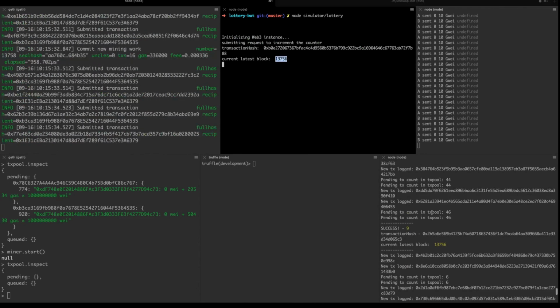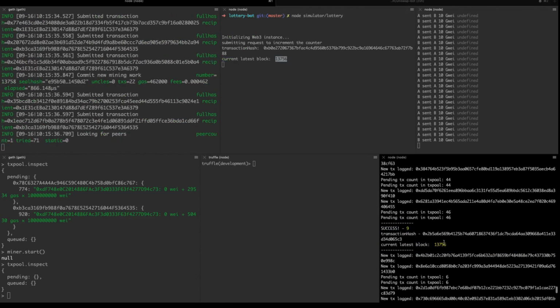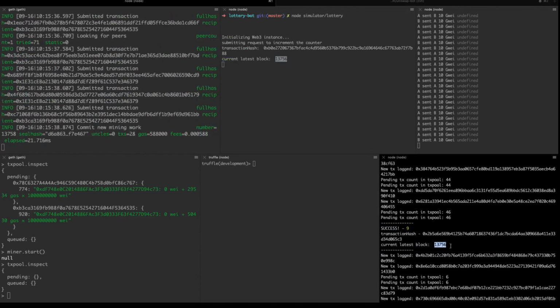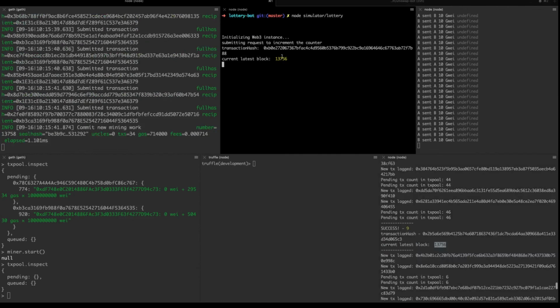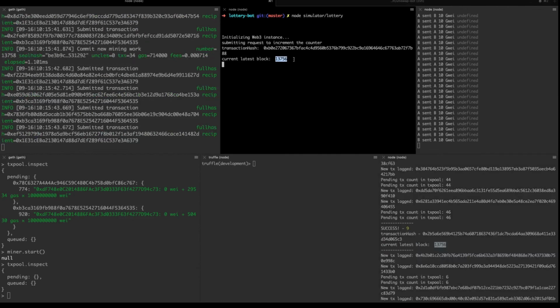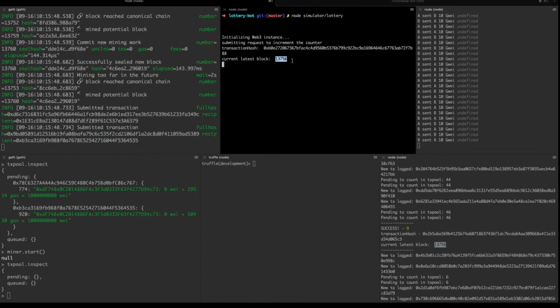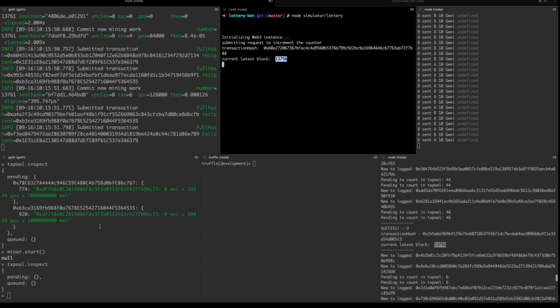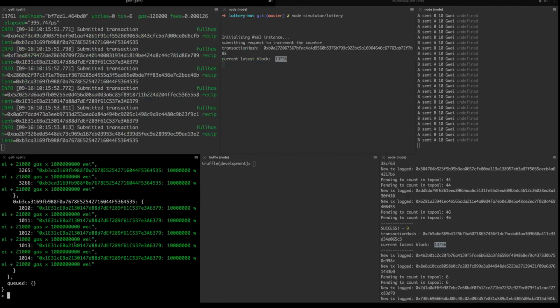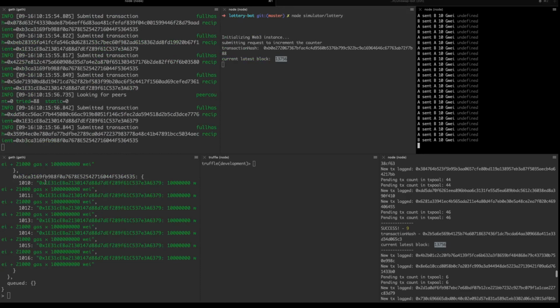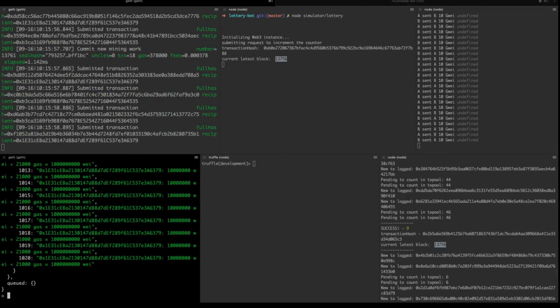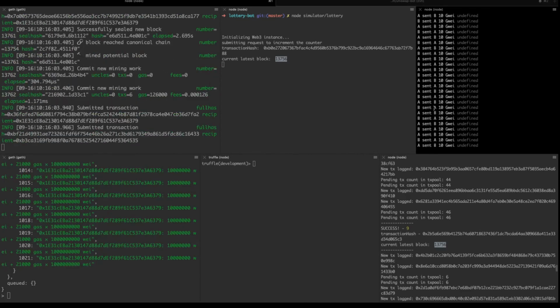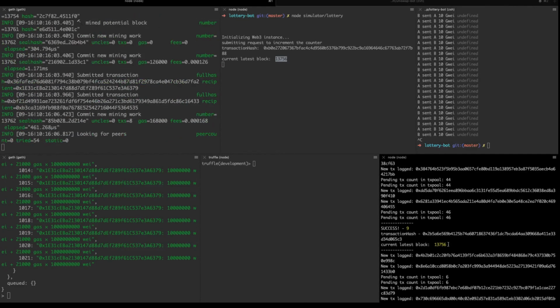So the bot mined, the bot is down here. So the bot won the lottery in block 13756. And Bob basically released the lottery, and that got mined also in 13756. So the transaction pool should be empty, apart from these simulated transactions, but it's mining, so it's going to constantly mine those. So if we stop the simulator and quieten things down a bit,